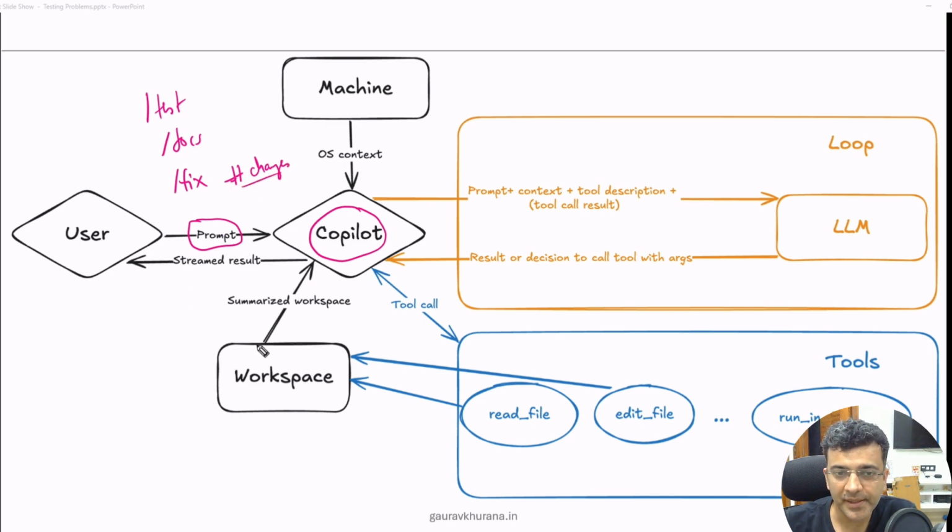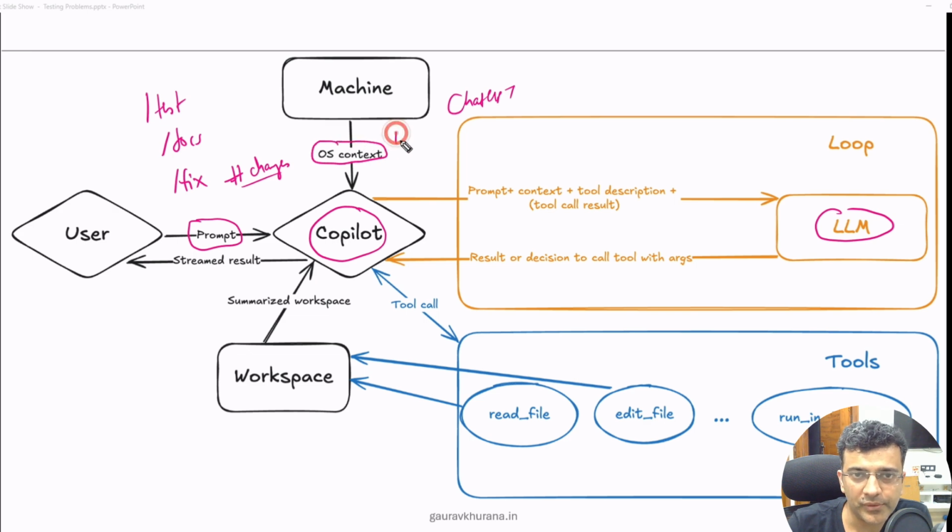Right, so what was happening earlier is you used to ask a question, it goes to the LLM, and the LLM used to give an output, just like it happens in ChatGPT. You give your input as a prompt and get the response. And Copilot has the context as well. The context is coming from whether you are using Windows, Mac or Linux machines. Based on that, things will change a little bit. For example, Windows might use backslash for paths, Linux might use a forward slash.